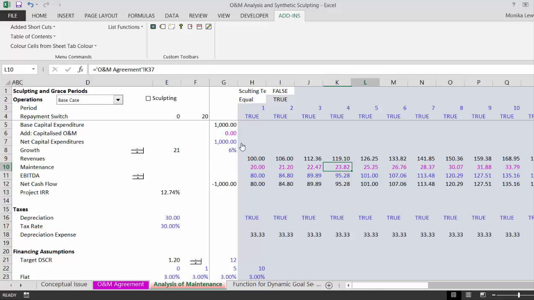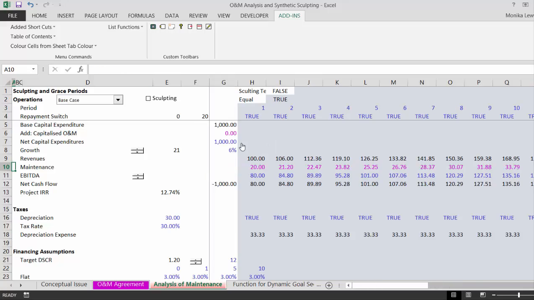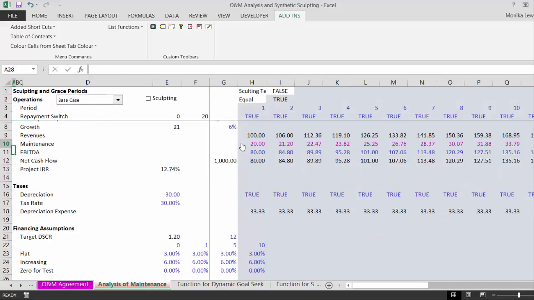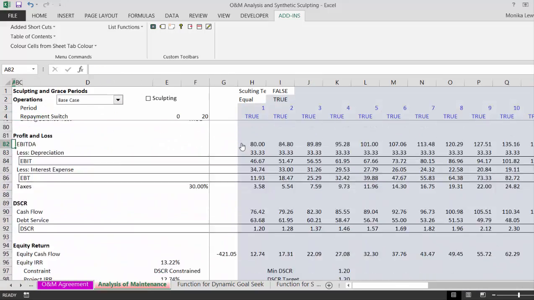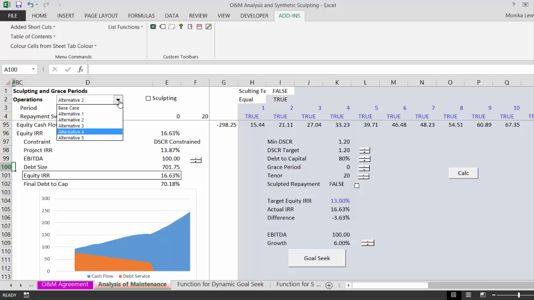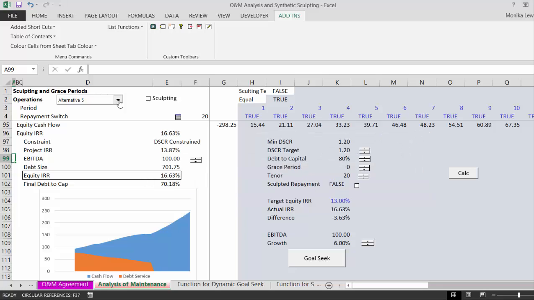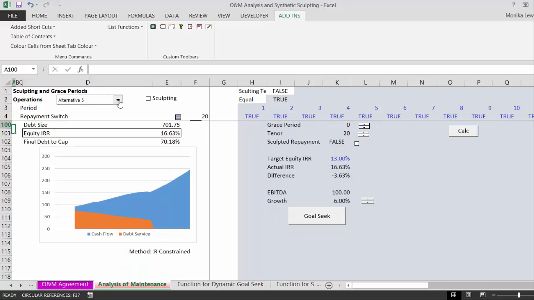So, okay, let's just look at what's happening now. And if we use the alternative case 1, it's changing it a little bit. Alternative case 2 is changing it somewhat more. And we have a circular reference. Oh, okay, so let me look at the dreaded blue line